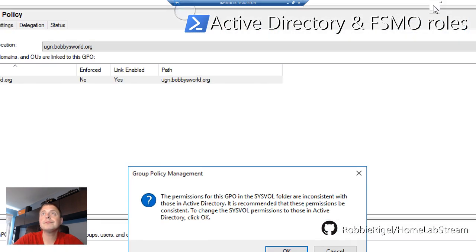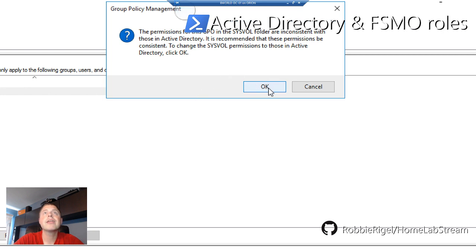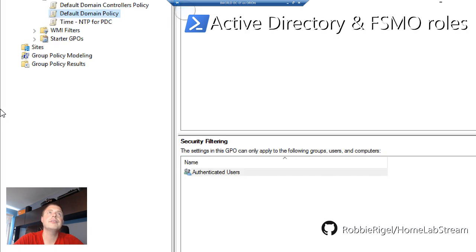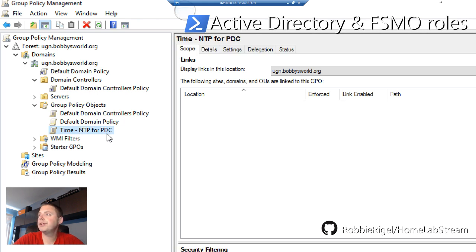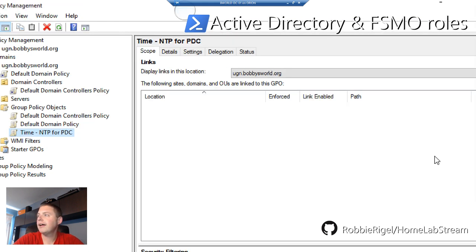Oh my God, yes. These permissions on the group policy and the group policy processor are inconsistent with those in Active Directory. It's recommended that these permissions be consistent. To change the SYSVOL permissions in Active Directory, click OK. I kind of assumed that happened automatically, but I guess not. So basically, that error message was Windows telling me